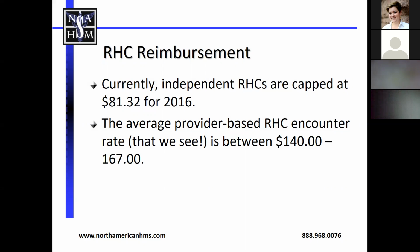When I say that these will get attention, the independent rate is really artificially low, and I could give you reasons behind that that are fairly boring, but it has to do with when and how the base rate was set when the program was established. Our provider-based rates that we're seeing, the issue is that we're seeing some rates that come out at $250, $300, $350. Now, I can tell you, just like in the old days, the condition of our paper chart rack